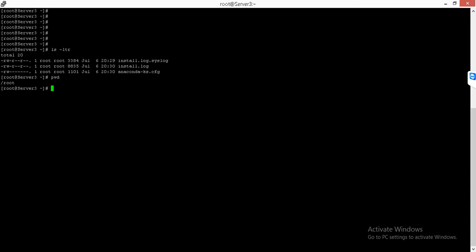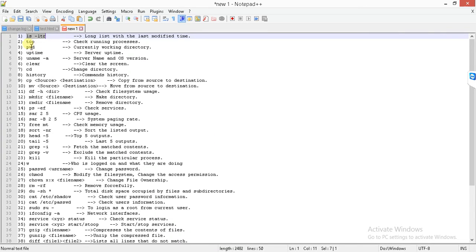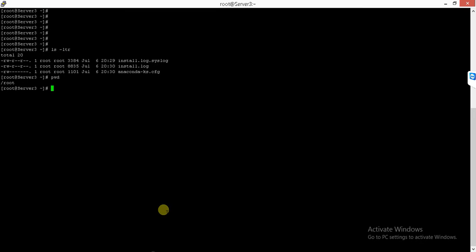Now let's come to the second command, top. Suppose you are a system administrator, and you want a general idea of how much CPU is consumed by your system, how much memory is consumed, and how much swap is consumed. In a real-time scenario, you get a call from the DBA team that they are getting low performance on your system. How do you tackle that problem? You can tackle it by using the top command.